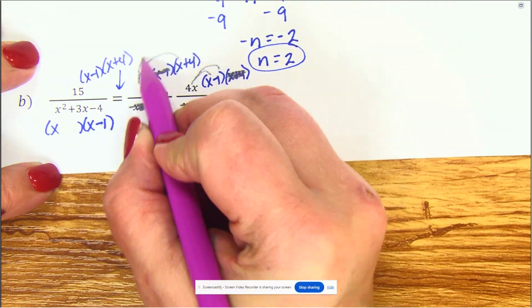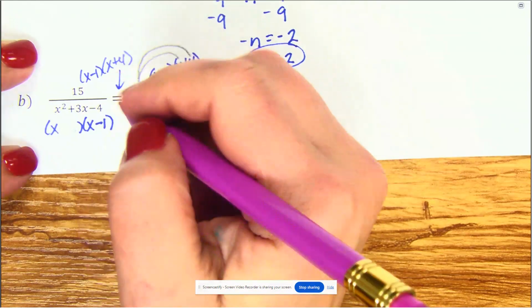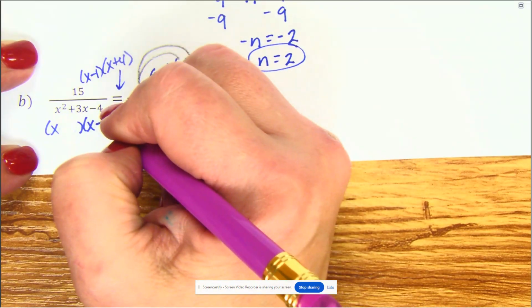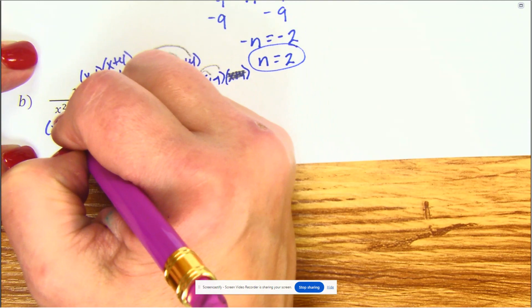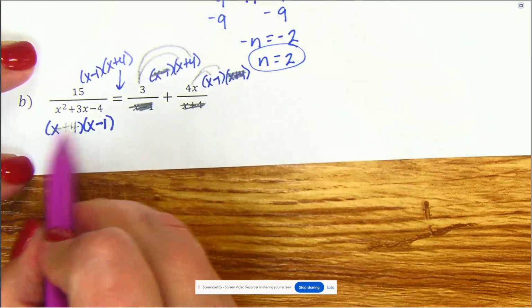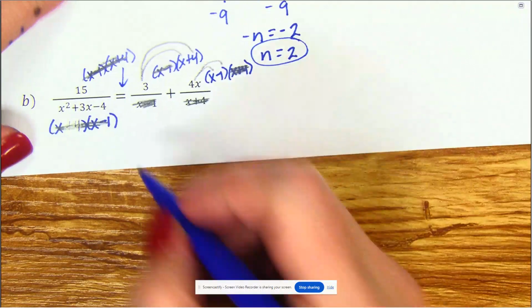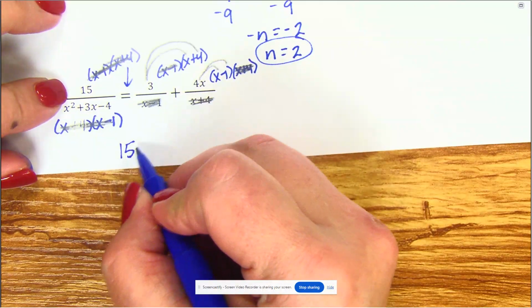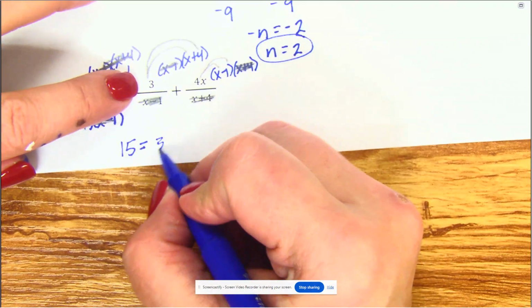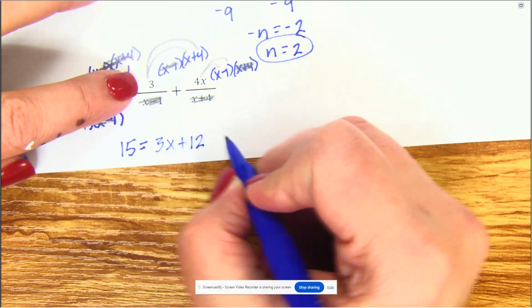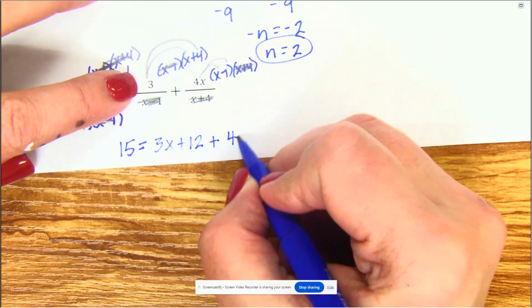And I'll multiply these. And here, this is a plus 4. So everything's going to go away. So you don't even have to multiply the 15 by anything. So now we get 15 equals 3x plus 12 plus 4x squared